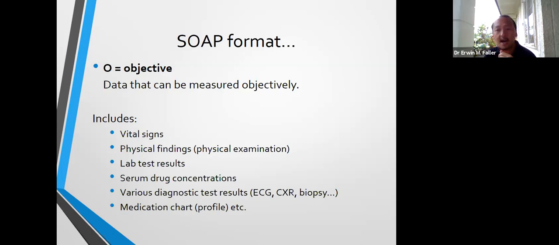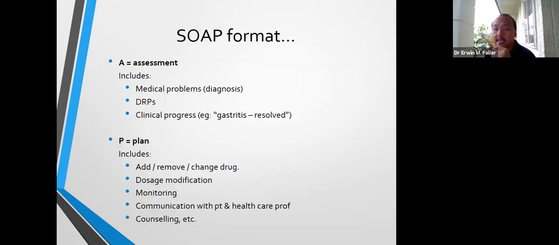It can be done in the laboratory and all. So these are really objective evidences. A is assessment, which looks into the medical problems, the diagnosis, the drug-related problems, the medical effect, the progression of your certain ailments or a particular disease or a particular